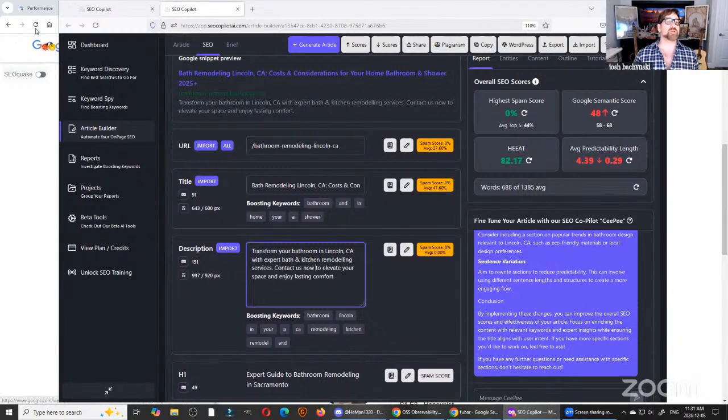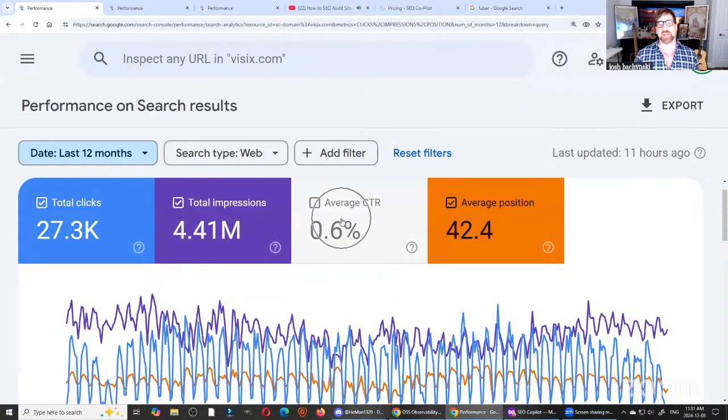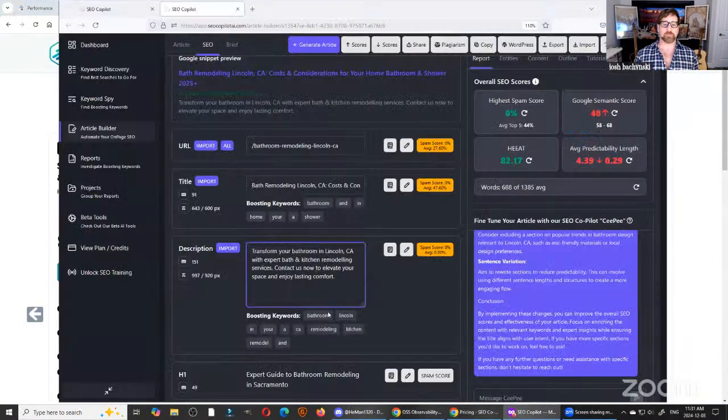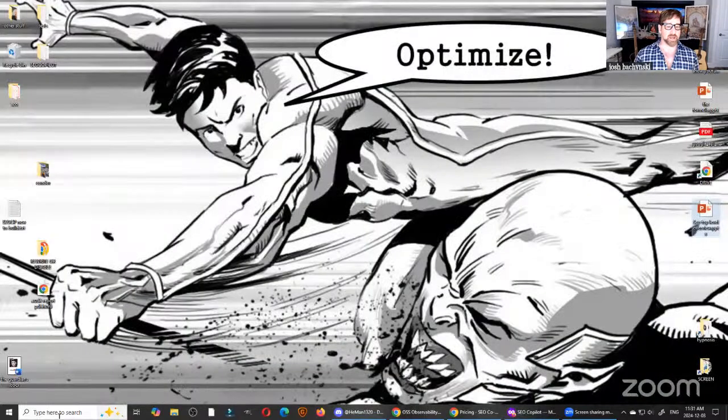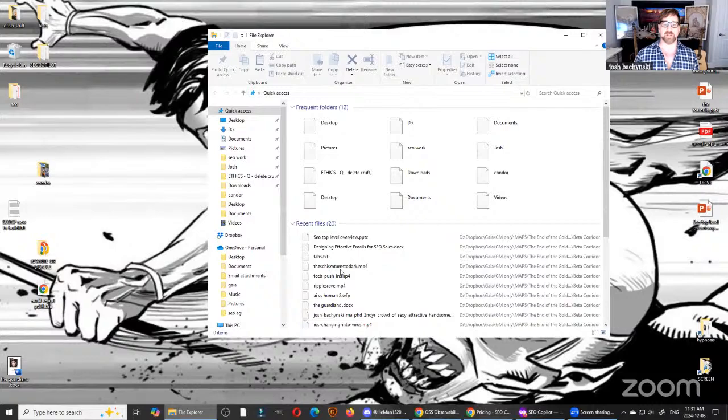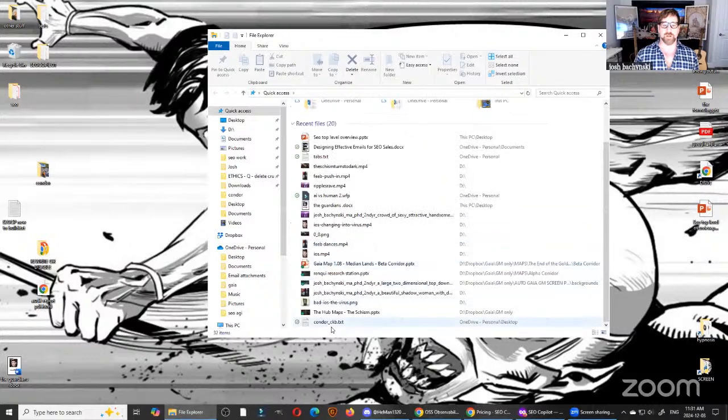So after you've seen the average CTR is too low, completely for free, that's another SEO thing you can determine to do right away. You can be like, okay, fine, let's go here. Let's see here. Here it is. Boom.